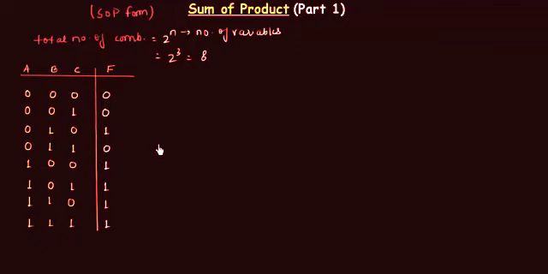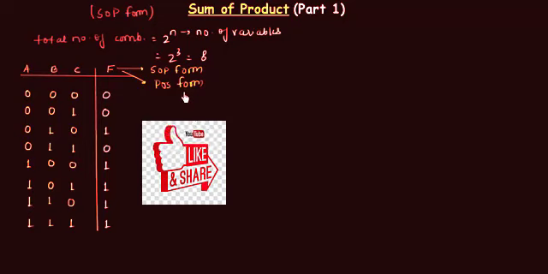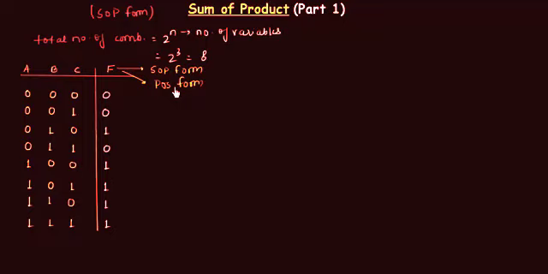So let me tell you one thing. In Boolean algebra, you can express this function. This function f can be expressed in 2 ways. The first way is to express it in SOP form, that is our sum of product form. And the second way is to express it in POS form. These two forms are very important and very easy at the same time, and definitely some problems will be there in your exam, and they are very easy. You can easily understand these things and solve their problems. So let's start with the SOP form in this presentation, and in the coming presentation I will explain you the